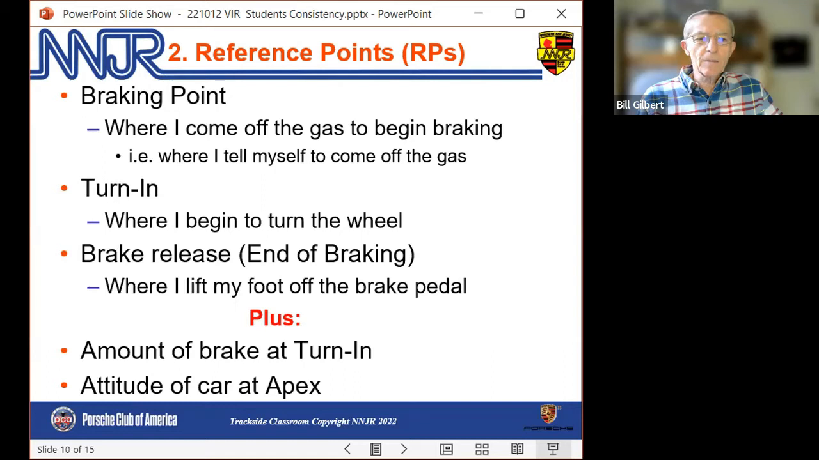Another, it's not exactly a reference point, but it is visually, because the attitude of the car at the apex of the corner is pointed in some direction. It might be pointed outside the corner, meaning we haven't turned enough, or it might be pointed inside, meaning we've turned the amount we want. So now we can accelerate. But what is the attitude of the car at the apex is another, more advanced way to think about a reference point. But even if you're a beginning student, you can get much better at focusing on these reference points